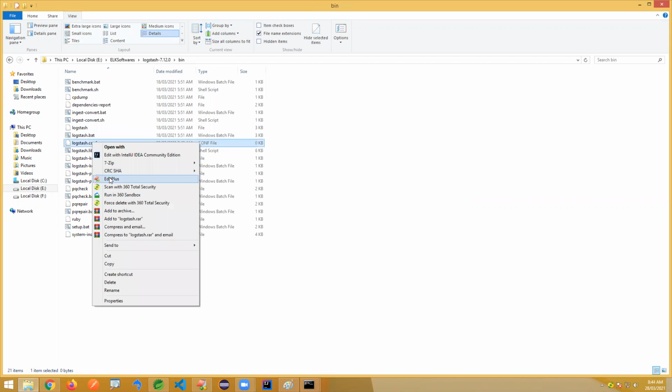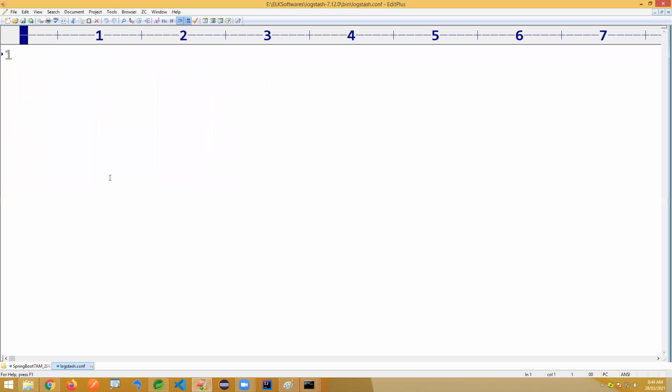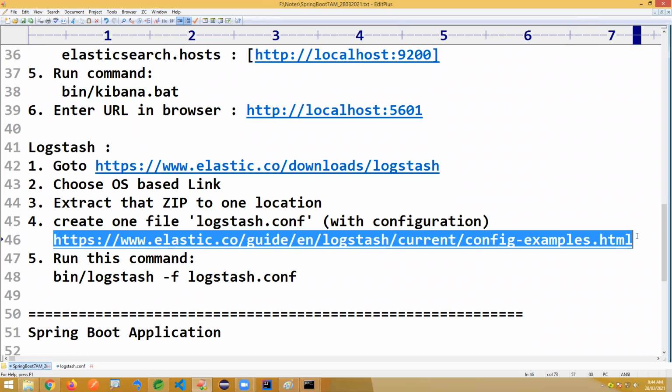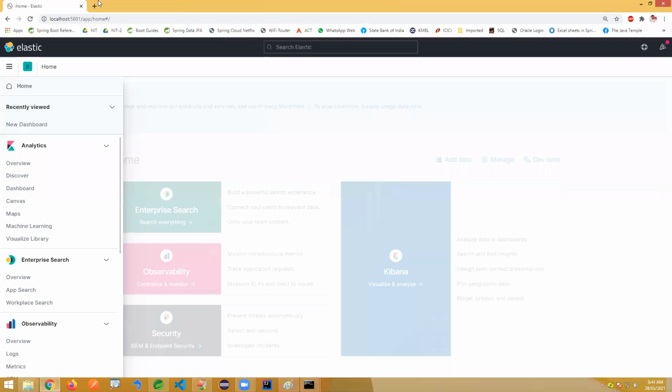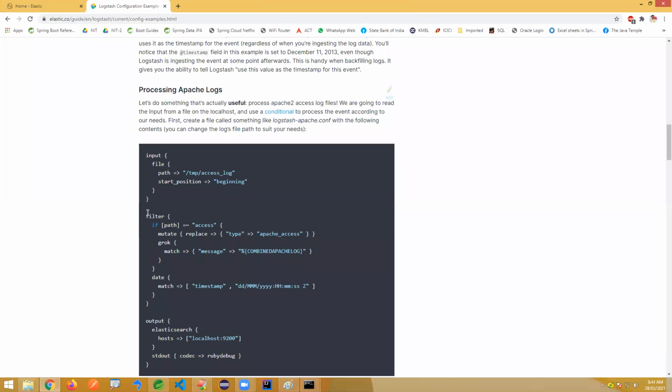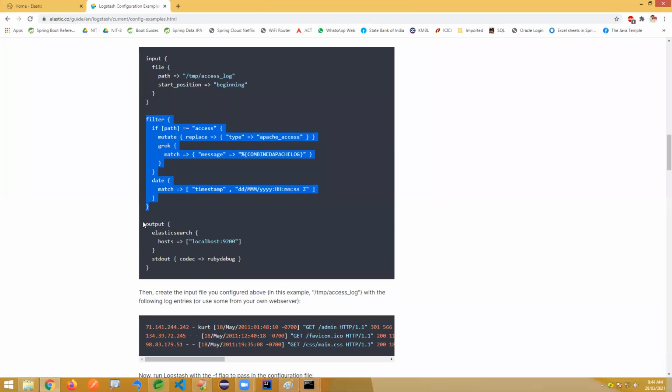Okay, open this file. It's an empty file. I am just placing the structure here. You can find out how it is going to be. There's a guideline example link I gave here on how to configure this: where to read, what to filter, and how to print this data.